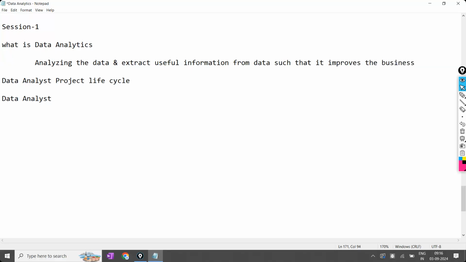So you are analyzing the given data and extracting the useful information from it such that it improves the business. Okay, so you are going to get all the business insights from the given data. What are the maximum possibilities from the given insights we are going to get?